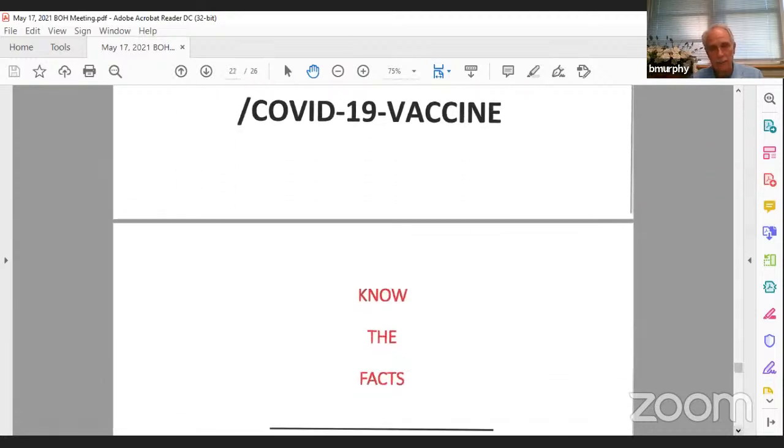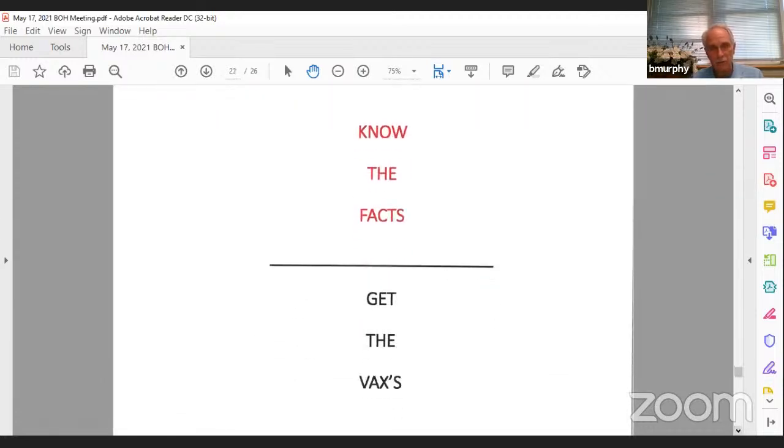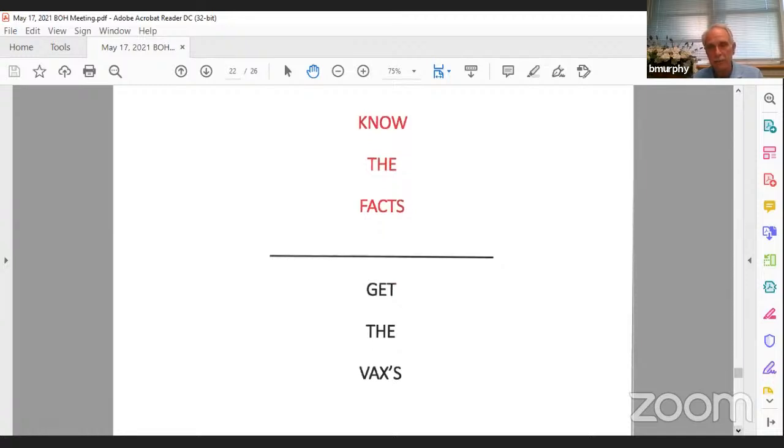Our last slide as part of the presentation is "Know the facts, get the vax." We've put that up on our message board across from Town Hall. That lets people know we're switching from wearing the mask out in public, where the governor said if you can social distance, you don't need to wear the mask right now.